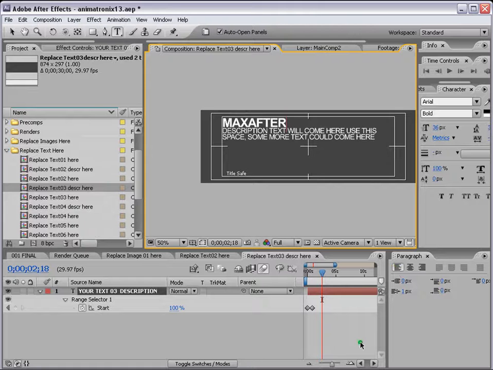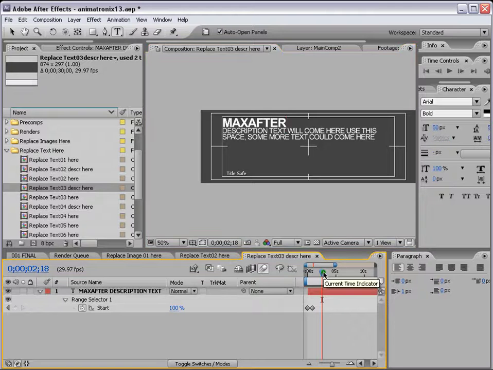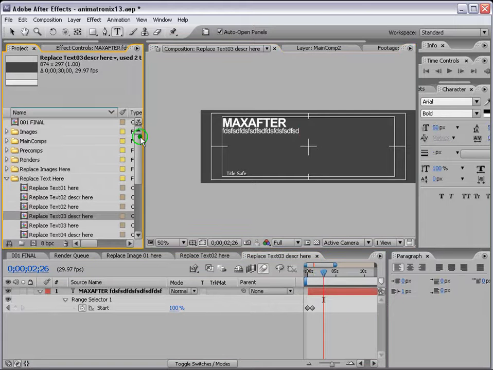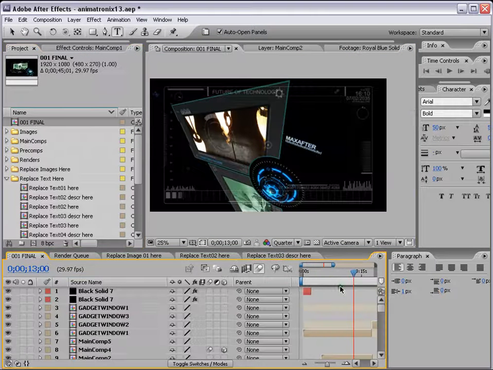In the other text you've got to be careful while typing, because sometimes I just forget to turn it on. So anyways, one thing I want to tell you, you can type anything now, it doesn't matter, it will stay here. So now if you go back, the text is changed here. So similarly you can change all the text,